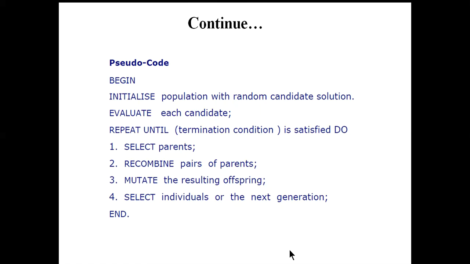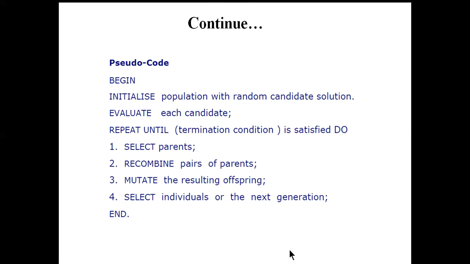And after selecting those parents, we need to recombine pairs of the parents. After the recombination, offspring or children will be generated. And next we apply the mutation where new characteristics or some values can be changed in the